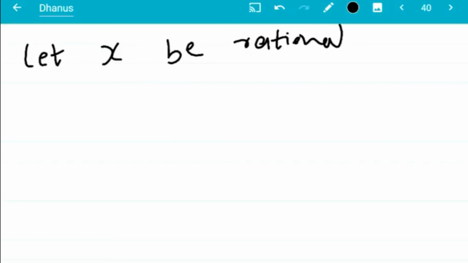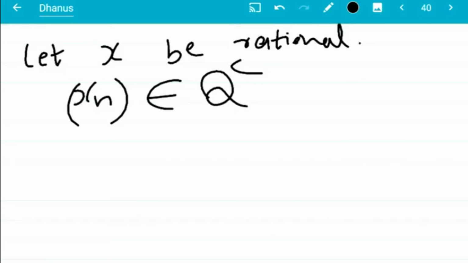Let x be rational, and we can find a sequence xn from irrational numbers. This is possible because of our density theorem. That is, irrational numbers are dense in R. Similarly, if you choose x as an irrational number, we can find a sequence of rational numbers that converges to x by using the fact that rational numbers are dense in R.